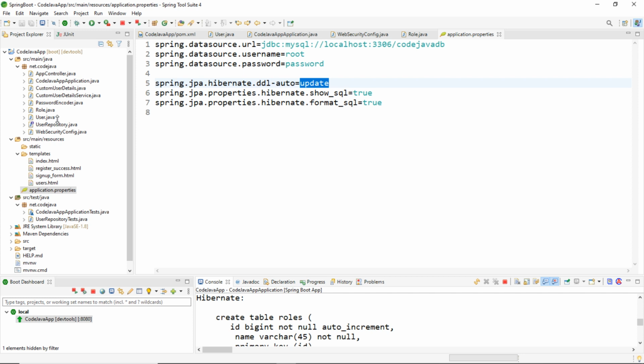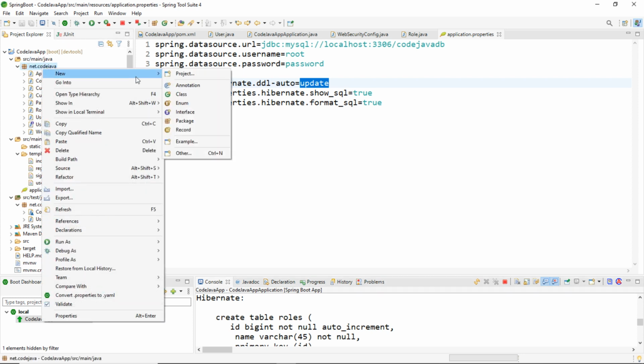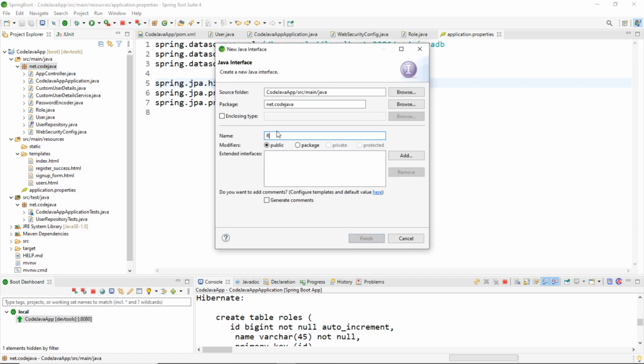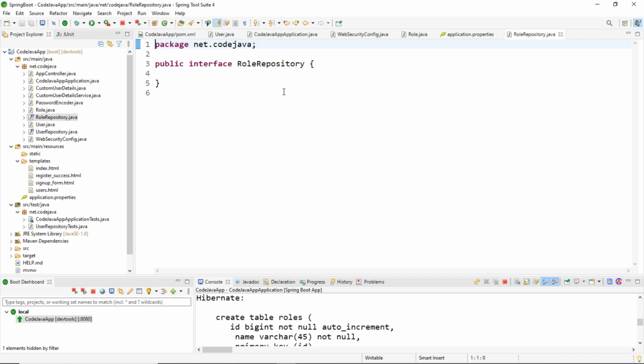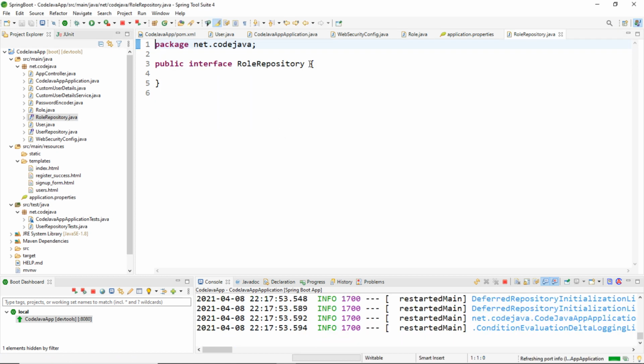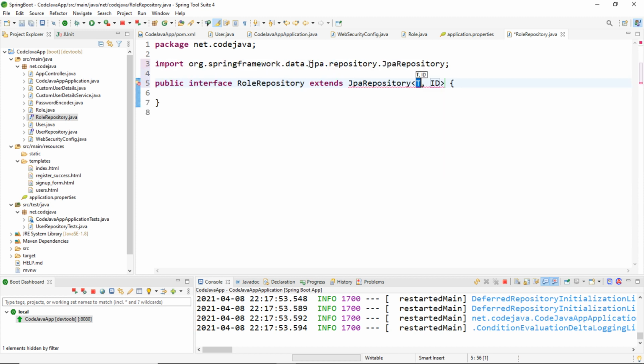Next, let's create the row repository interface to use Spring Data JPA. So create a new interface here, RowRepository, and extend the JpaRepository interface. Extends JpaRepository here with the type of the entity as Row and the type of the ID as Long. Okay,